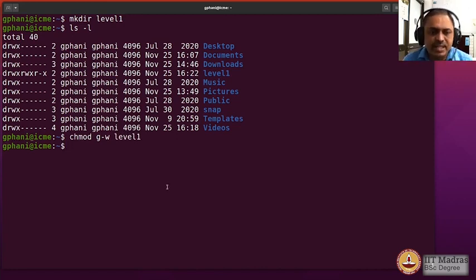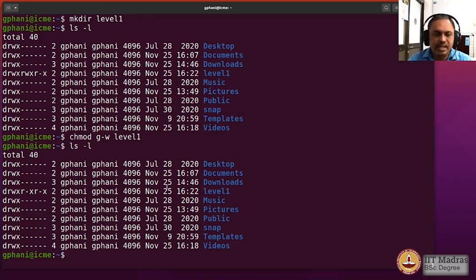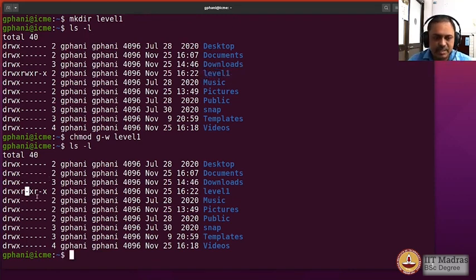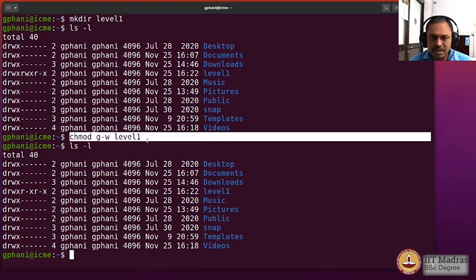So I can see whether the group permissions have been changed. So let us look at the directory again, and you can now see the difference here. So there's a w here in the second set of the permission string for the level 1 folder, and here you could see that that permission has been removed using this command chmod g-w level 1.